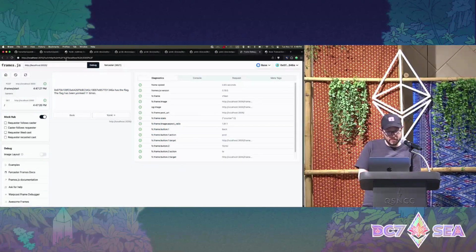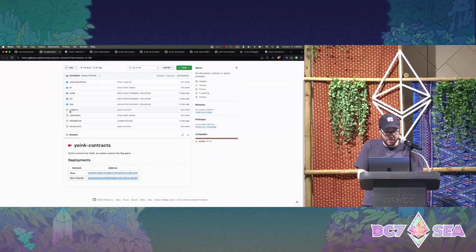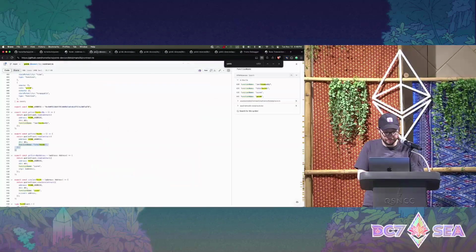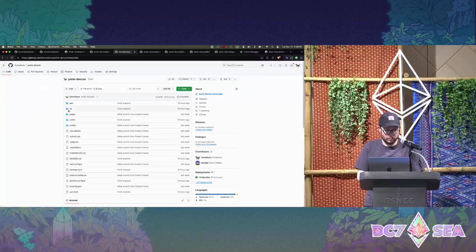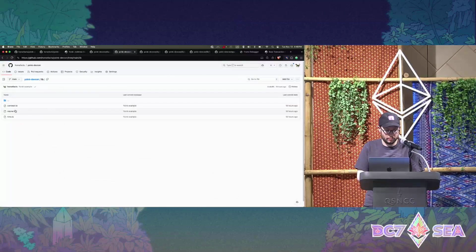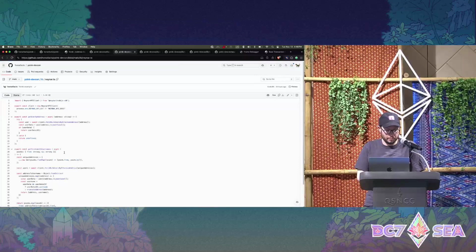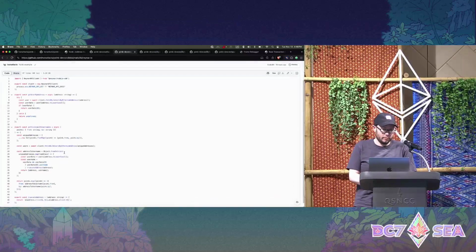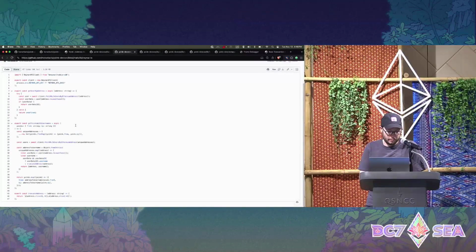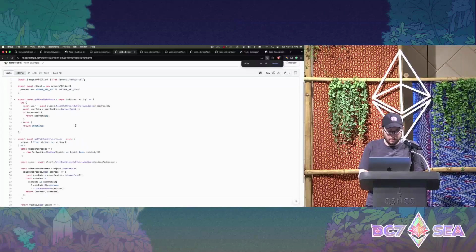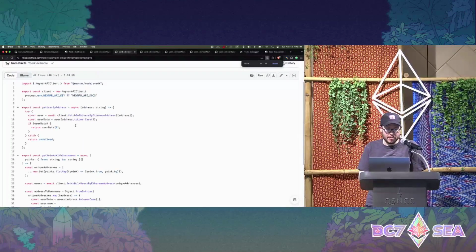So since we're running a little short on time, I'm going to grab these from the example repo. Okay, so we built out a few functions here.